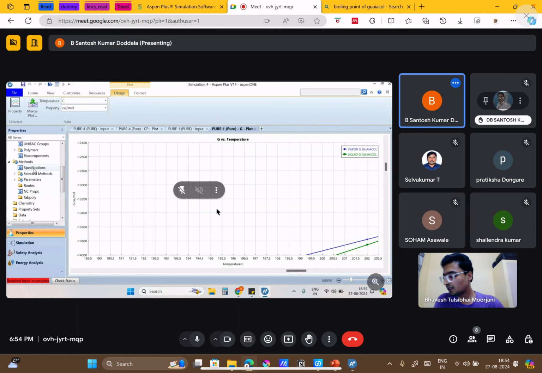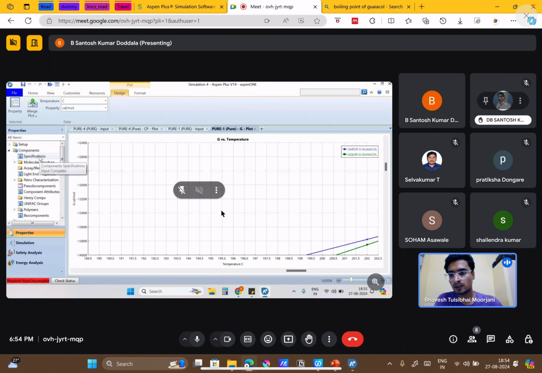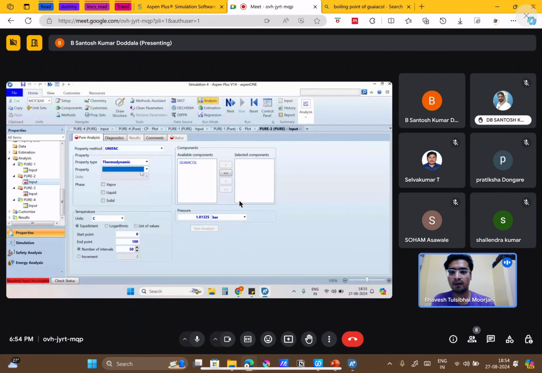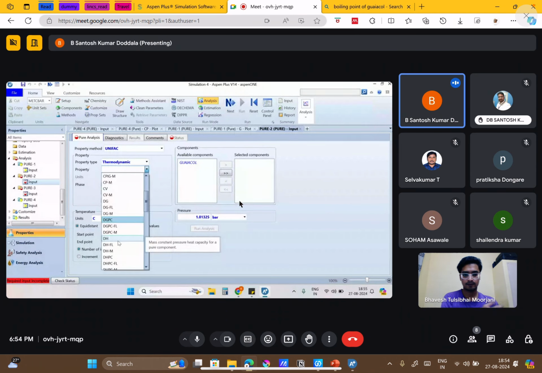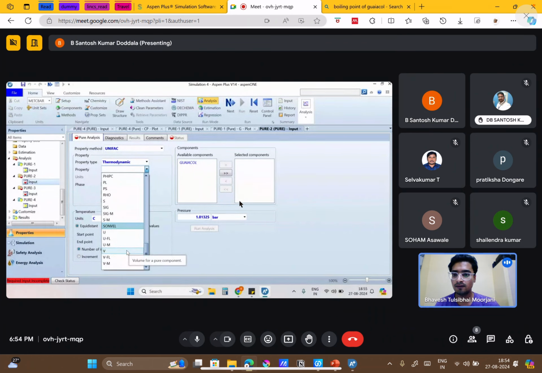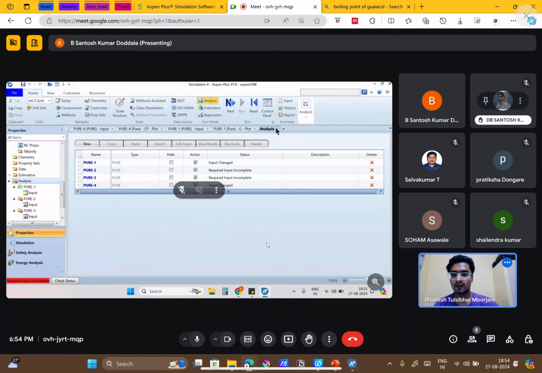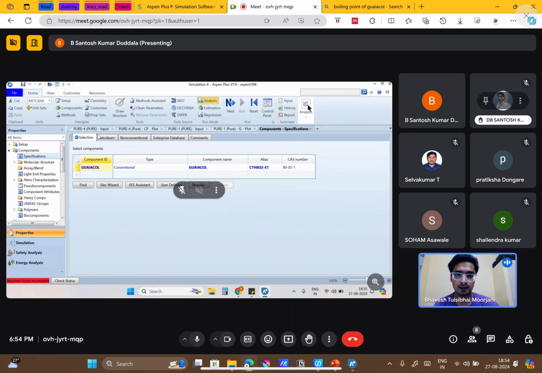Yes. Similarly, you can also compute the PT envelope, which will help you determine the phase boundary for vapor and liquid phase. For the PT envelope, you don't have to select it from any property. Go to the analysis tool on the top menu bar, at the end. Click it and then select PT envelope.